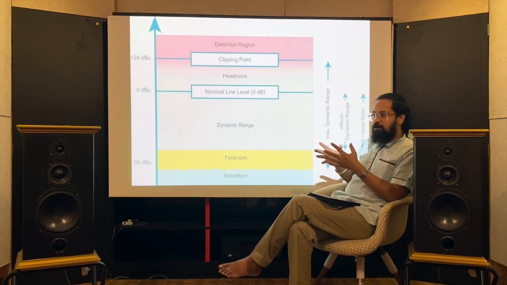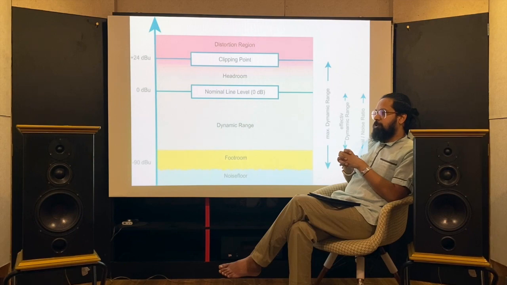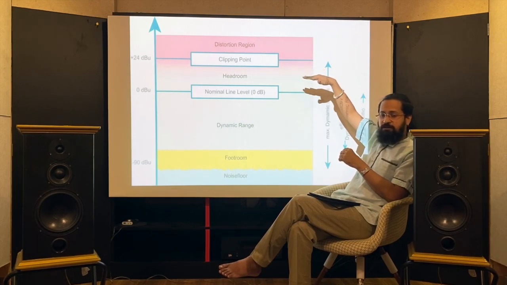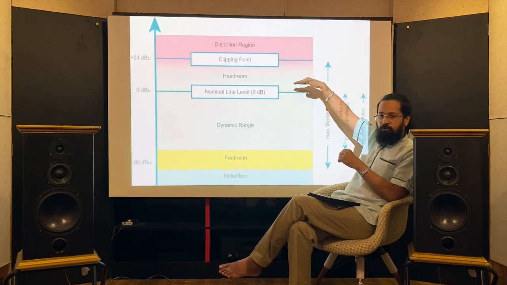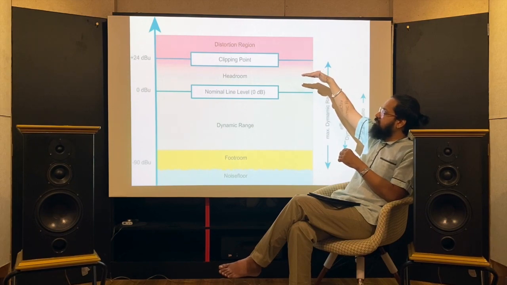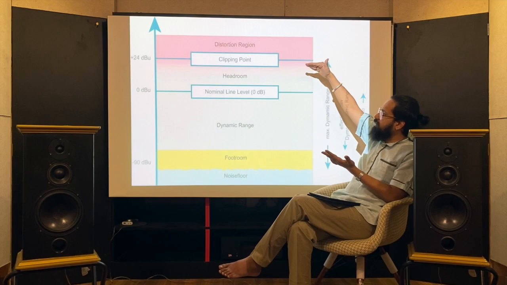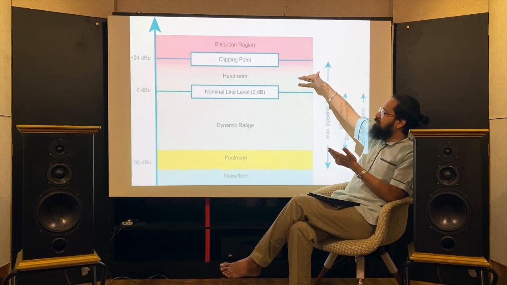a massive thunder or some kind of animal attack and all those stuff, they go in the upper headroom. Clipping point. Clipping point is something that a very good sound engineer would try to avoid when recording. So what he does is he sees which recordings are already reaching the clipping point, and he reduces it to a proper dynamic headroom.